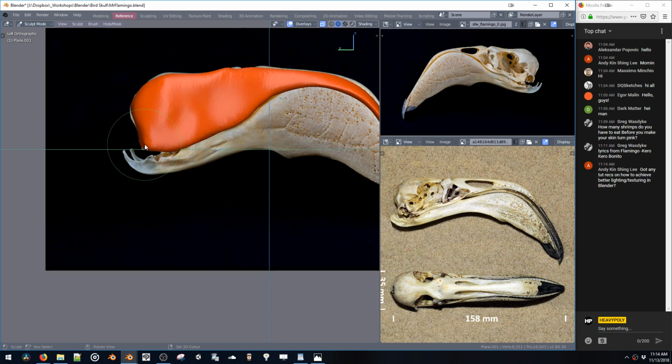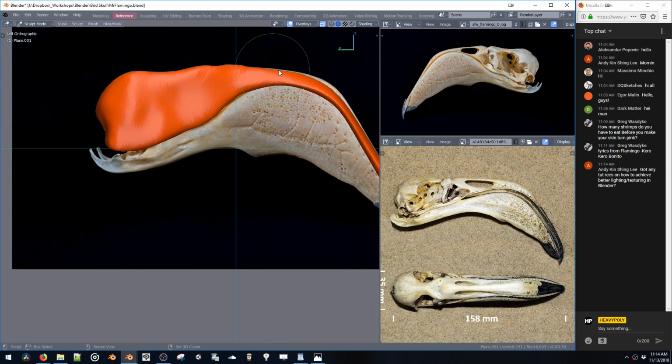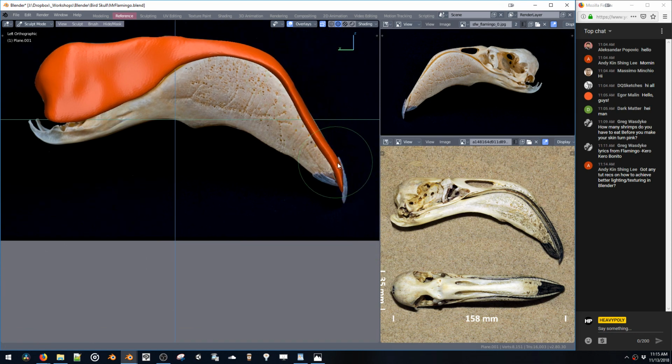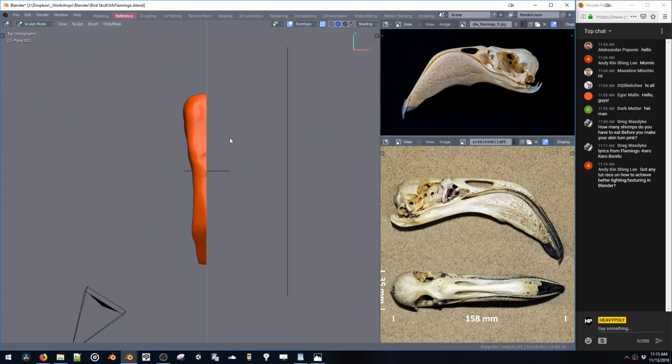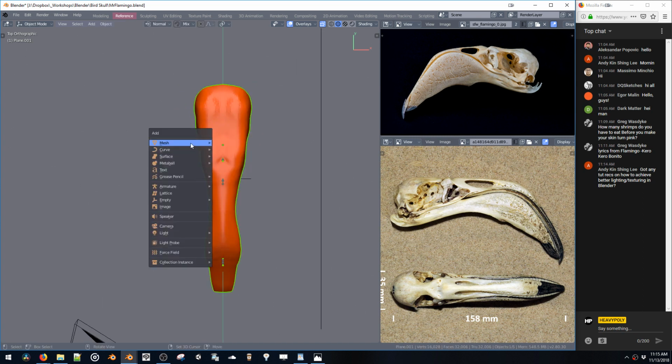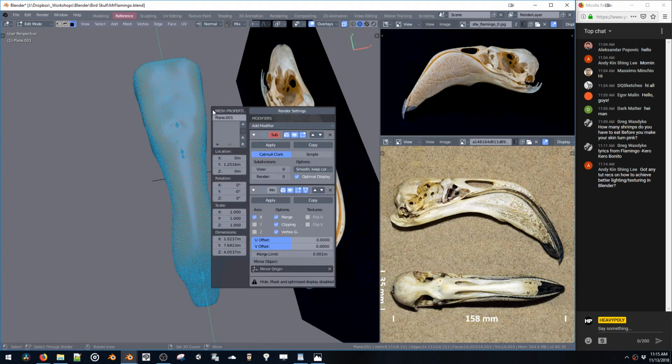Okay. Alright, and then I'll apply the mirror,